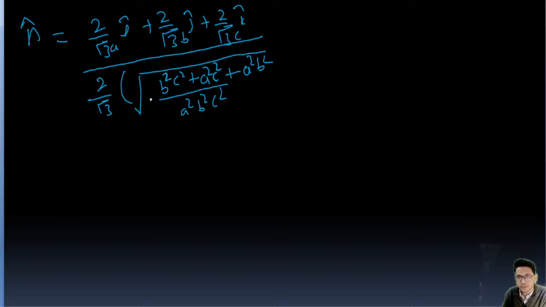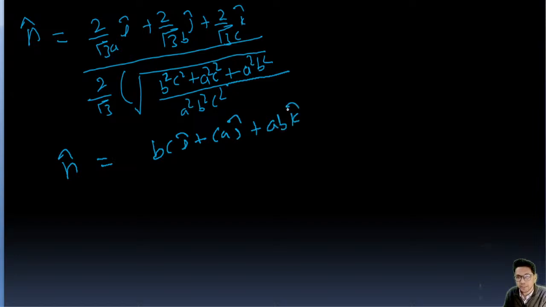This is c square, okay. So 2 by root 3 will get cancelled, right. So it is going to be, and abc will go up and a will get cancelled, so it is going to be bc i cap plus ca j cap plus ab k cap